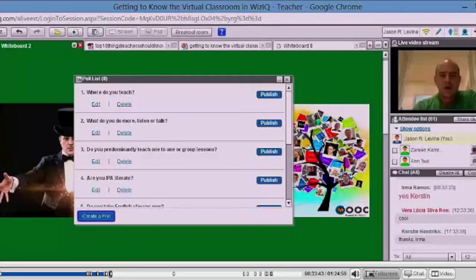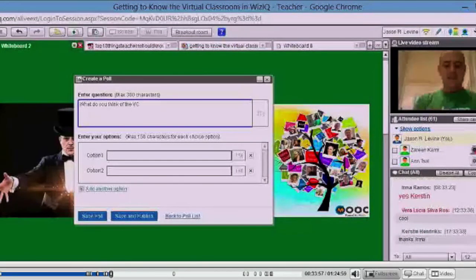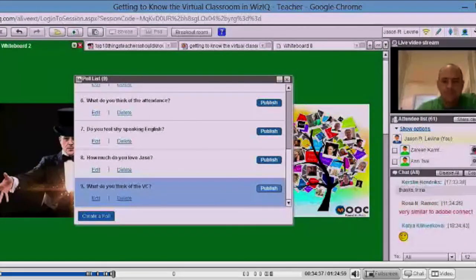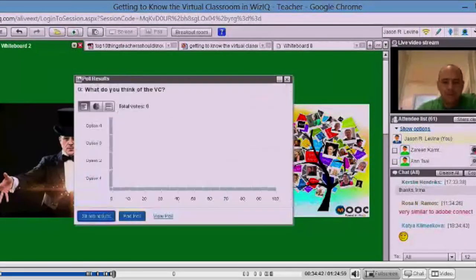I'm going to show you about how to set up a poll, and then when we go back and we look at the screen again as students, you'll see as students we can do the poll. If you're not sure what a poll is, maybe you've seen these on Facebook too. You enter a question. I'm saving my poll. Now, I can have that before I start. As I said, I'm going to do another session where I talk about prepping the room. But there it is, and I can publish it when I want to, and when I publish it,